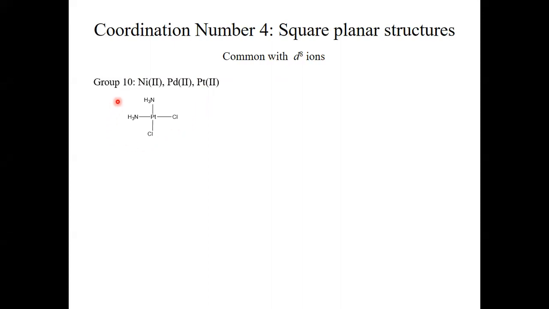This is probably the most famous example. This compound is called cisplatin, which is known for its anti-cancer properties. It's also used as an anti-cancer drug, where we have the platinum coordinated to 2 chloro groups and 2 amine groups, and it's called cisplatin because the amine groups and the chloro groups stand in cis orientation to each other. So they're in adjacent